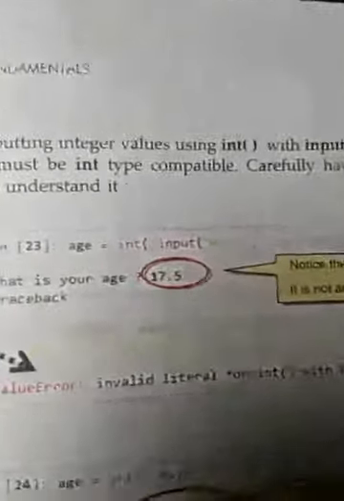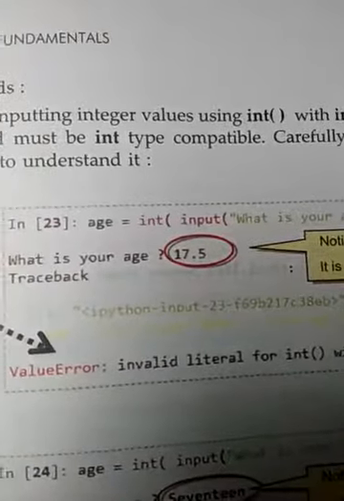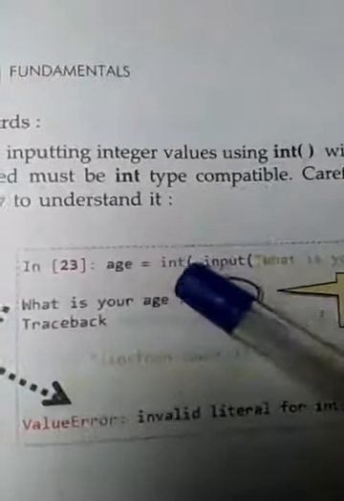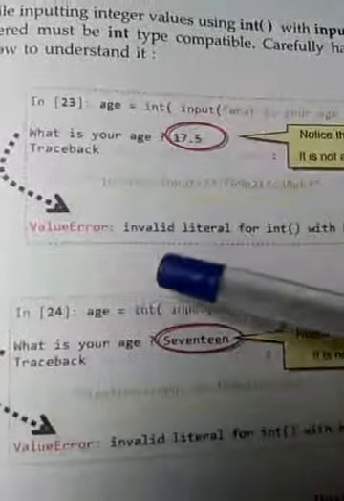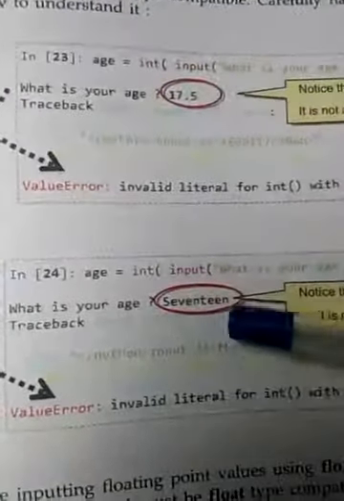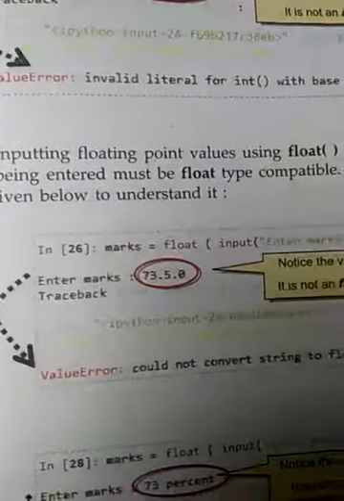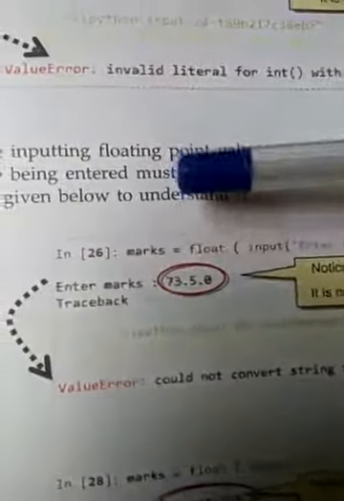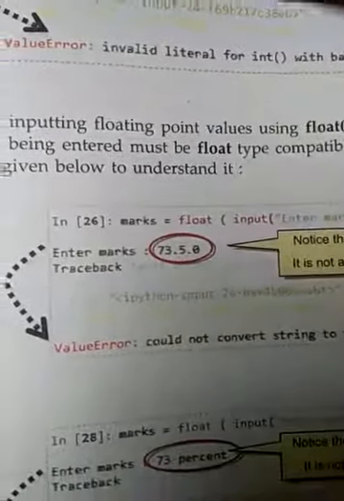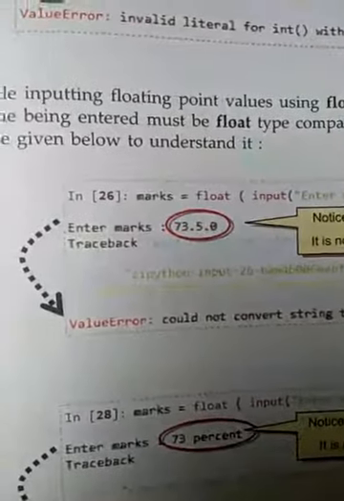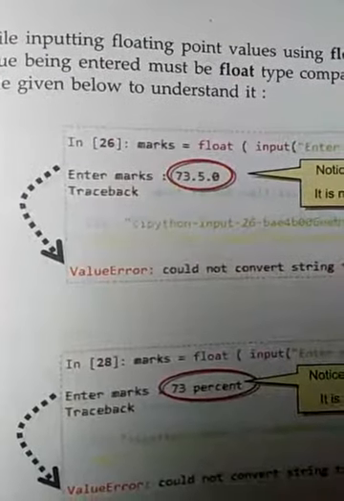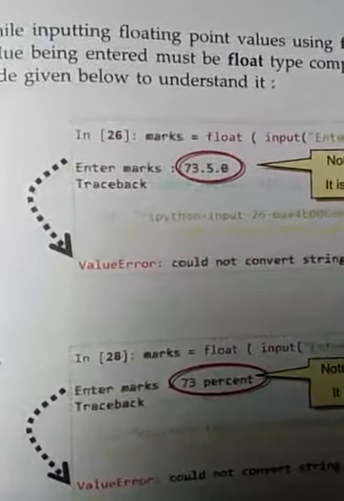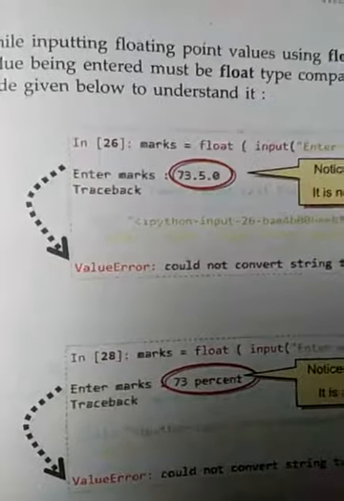And in what cases will the error be displayed? When we have specified the integer function and we are giving a decimal value, that will display an error, or when we are giving a string value, that will display an error message. When the data type is float, or we are giving a value with more than one decimal point, this is also an error. Or we cannot give multiple values such as an integer plus a string.